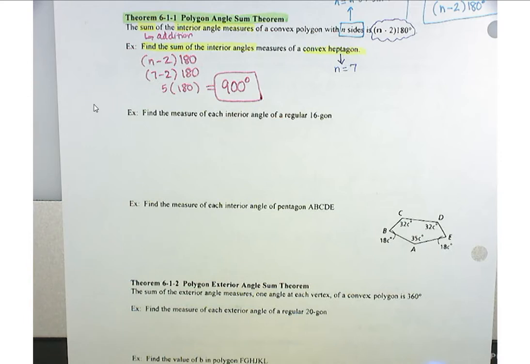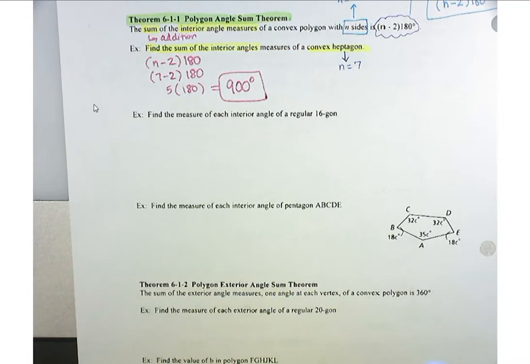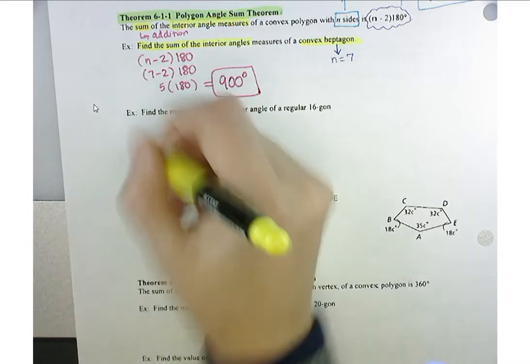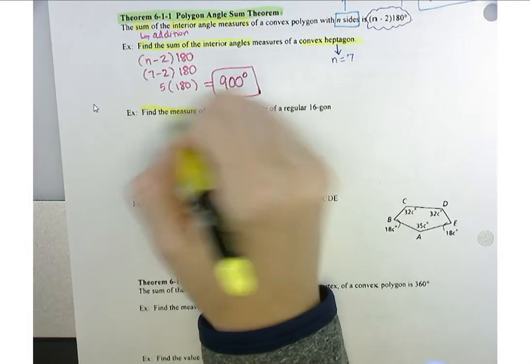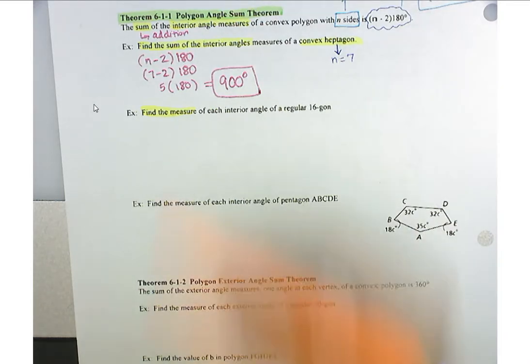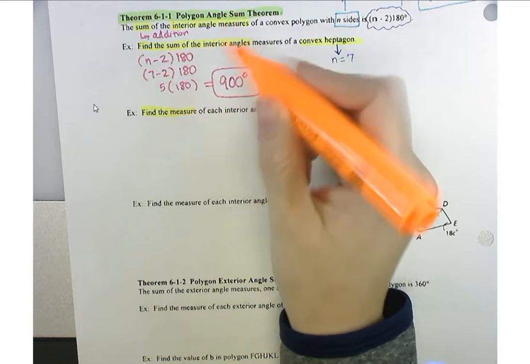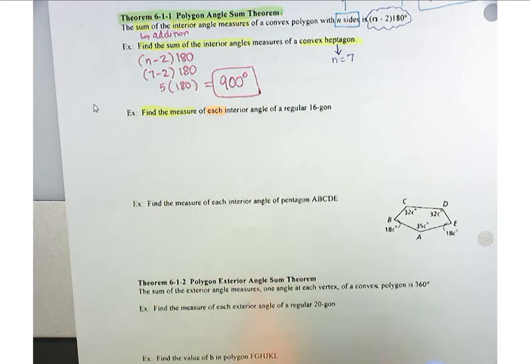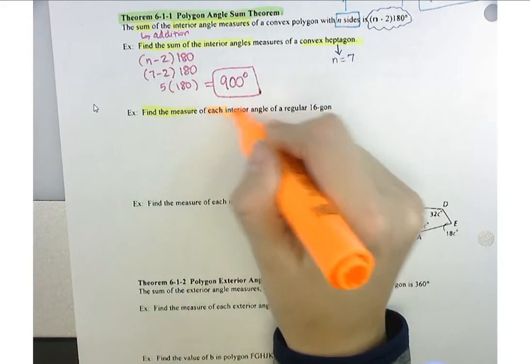And that's it. That's the sum of the interior angles. Okay, let's see what our next thing is asking us to do. So this says find the measure of each interior angle. So that's different. See how that is find the sum of all of them? This doesn't say that we're going to find the sum. We have to find each interior angle